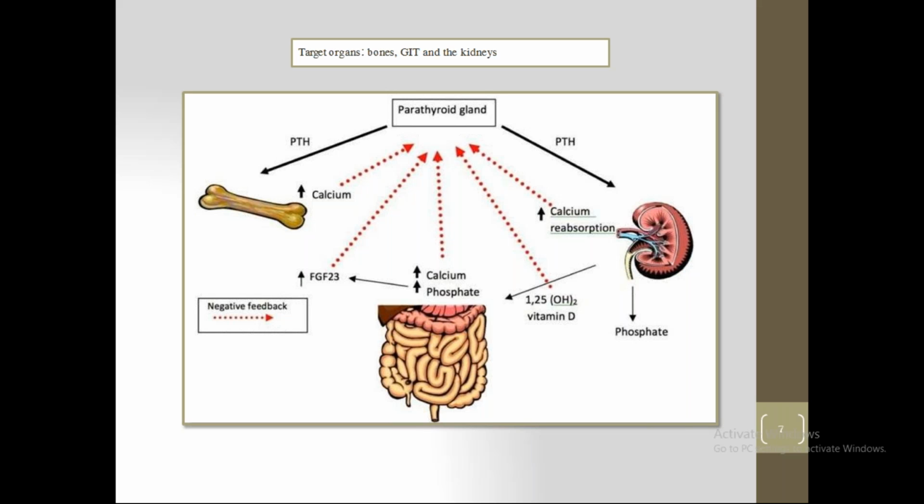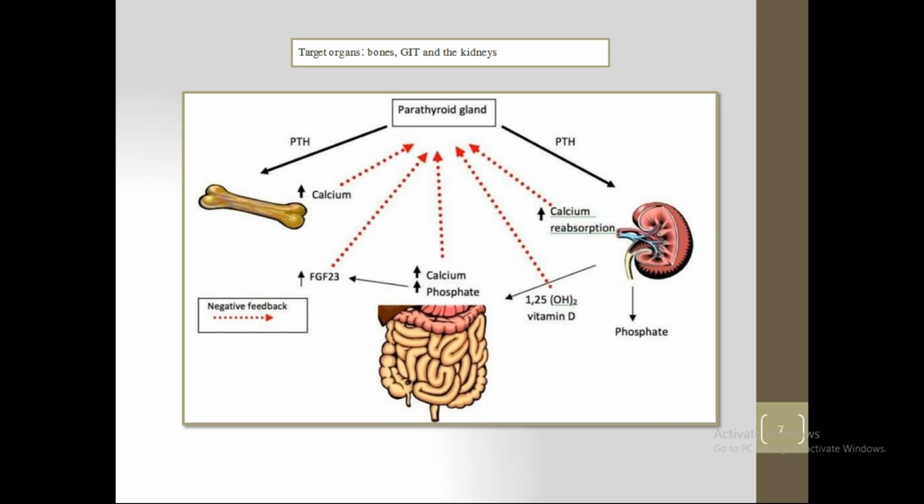Okay. So one thing you have to remember is that parathormone does not have a direct action on the intestine. It acts via the vitamin D, which is reabsorbed from the kidney due to parathormone. Okay, and whatever you see in dotted red color, these are negative feedback mechanisms. So increased calcium will indirectly reduce parathyroid gland secretion, and that will reduce parathormone. Okay, increased vitamin D, calcium and phosphate will indirectly reduce parathyroid gland secretion. Similarly, increased calcium reabsorption from the kidney will cause increased serum levels and reduction of parathyroid hormone.